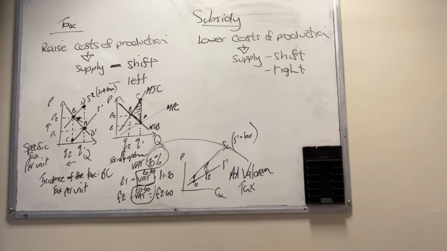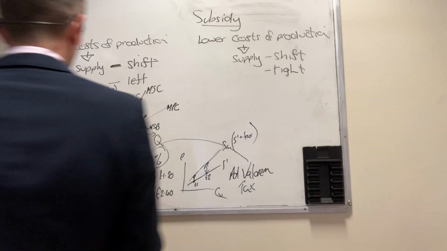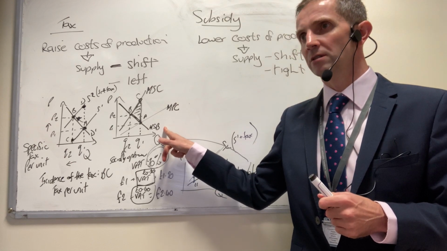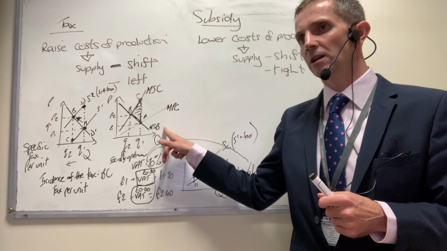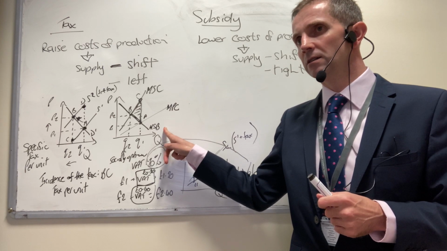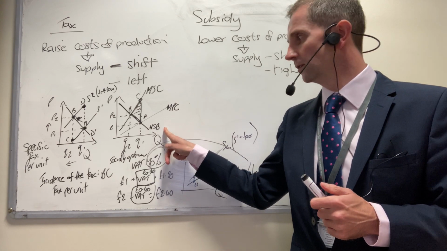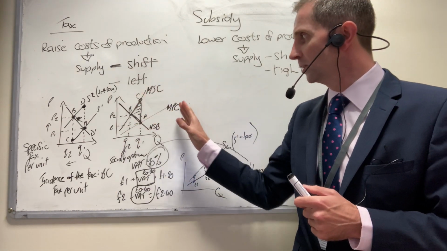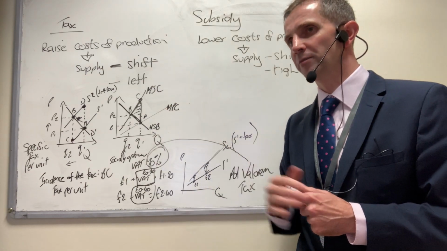Yes, Sean. If you involve your marginal benefit curve as well, would that just make the welfare loss bigger? Bigger, yeah. For the kind of analysis that you need to do, you don't need to do that at this point. Not yet, but we will come on to that. And so, can you see from this diagram why the government taxes cigarettes? Dylan, can you see? Not really. So can you see how much of taxation would be going on here if this was a diagram for people who were smoking?